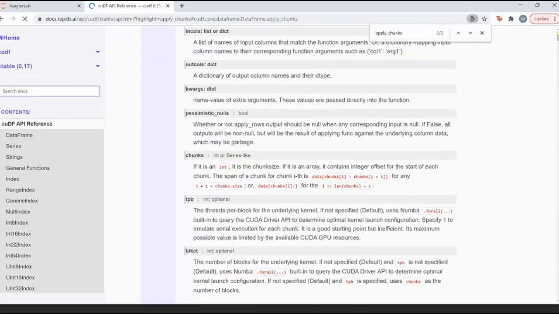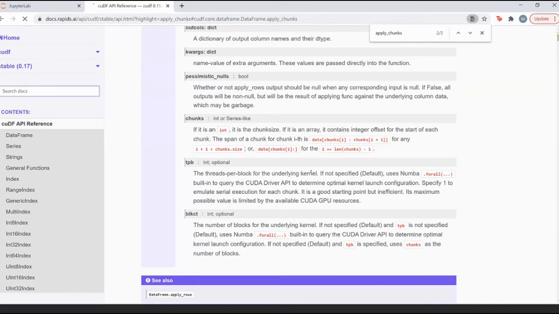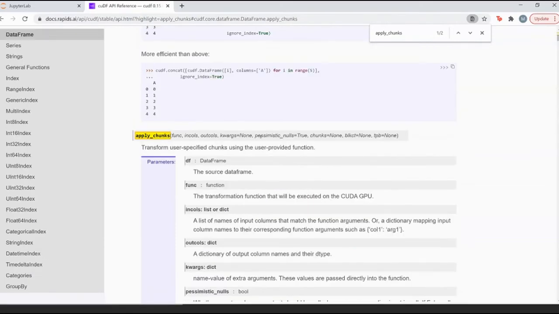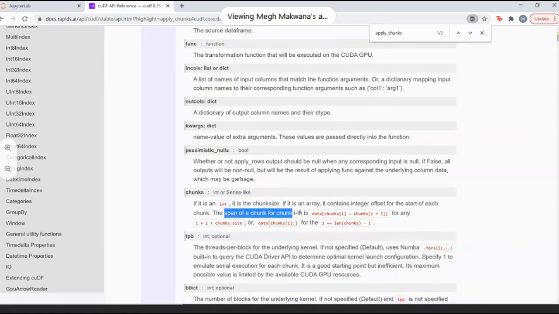The threads per block of the underlying kernel is mentioned over here. It's an integer value. For chunks, it's basically the chunk size, and if it is an array, the span of the chunk for the ith chunk is that chunk till i plus 1.